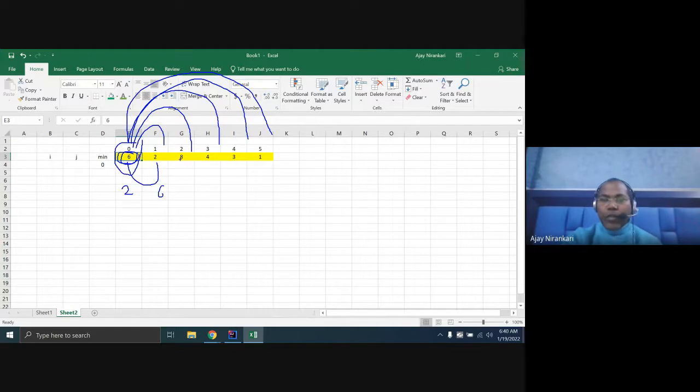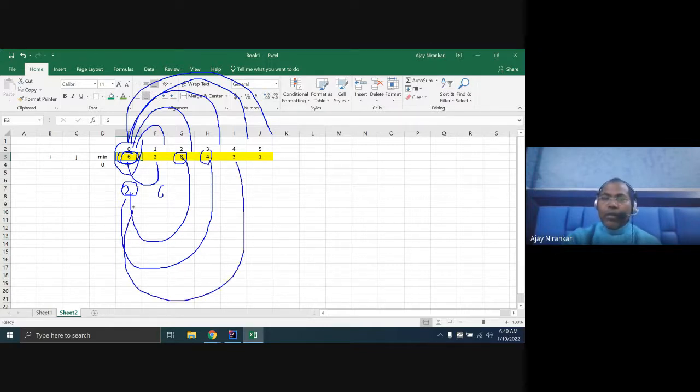Similarly, now we check the 1st position data against the 0th. Now the 0th has a 2, so this is greater than, you don't need to do anything. Again you compare the next position data with the 2, still greater than, we don't do anything. Next data 3, again 2 is less than 3, no swapping. Again with the 1, yes, 1 is less than the minimum, so you have to replace it with the 1, and now we replace this 2 here.